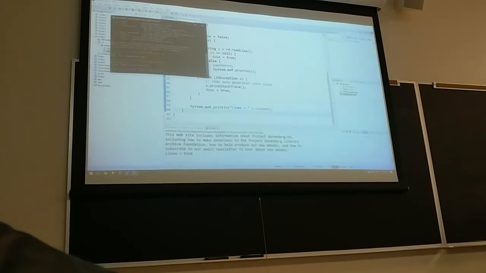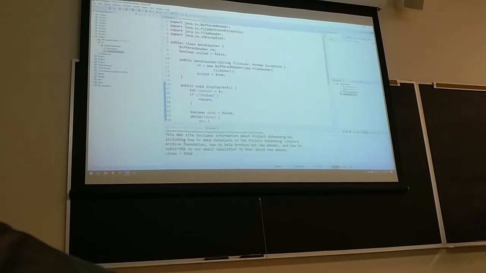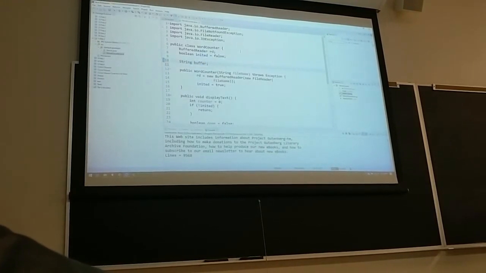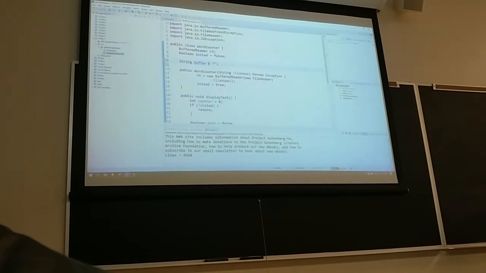So in order to get the words, what we want to do with this is we want to actually add these strings onto a buffer that we're going to keep inside here. So we need a copy of that guy. So we'll say the string buffer, and let's do this because it'll make it easier. And then buffer